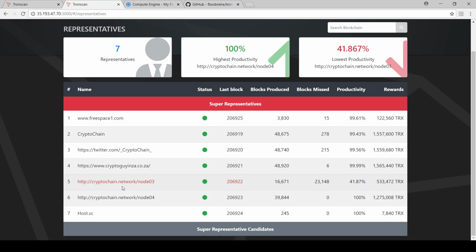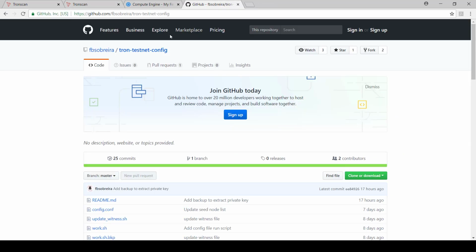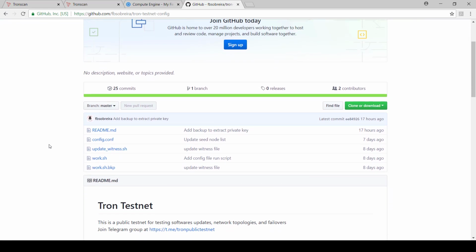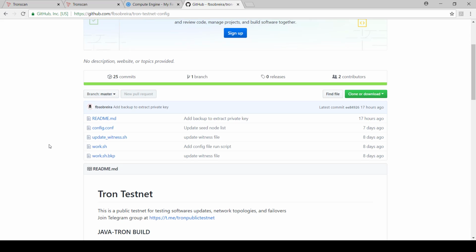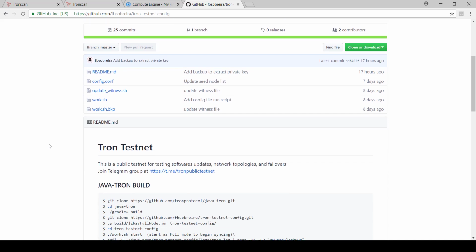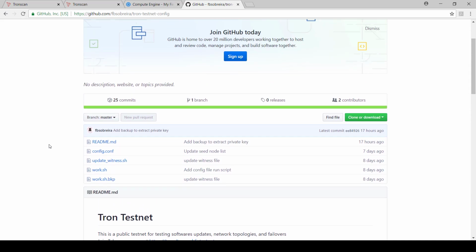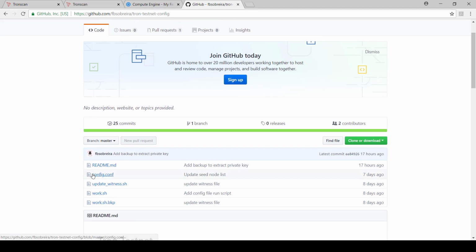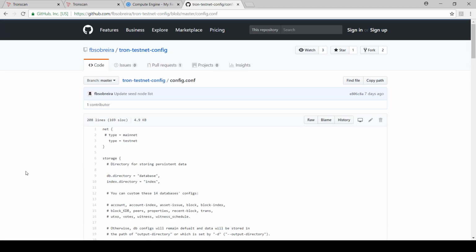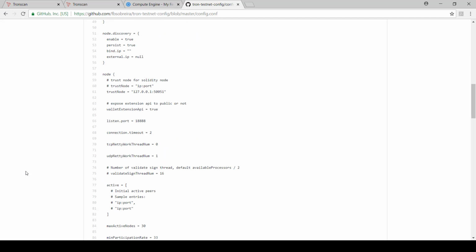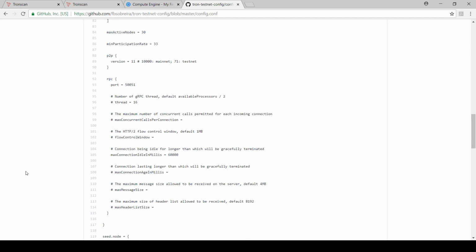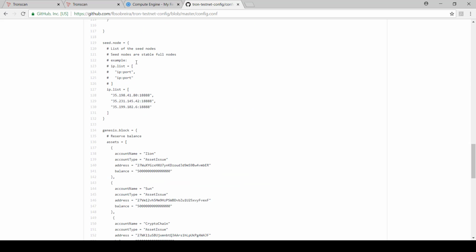CryptoChain obviously has a few nodes running here, and he's also made his own version of a Tron testnet config, which you can use for this. You would still download your Java-tron, and then you can download this in addition, and it's got all the settings that we need for it to work. For instance, if we go into the config file, you can see that this is similar to the config file that you usually have, but obviously now we've changed it, so the P2P version is 11. And then if we go down,